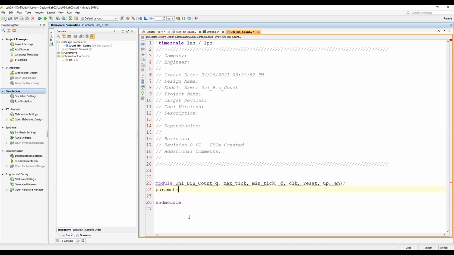So let's say the parameter size of the counter is n, so n is equal to 8.